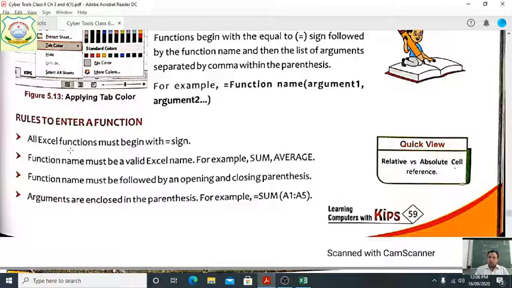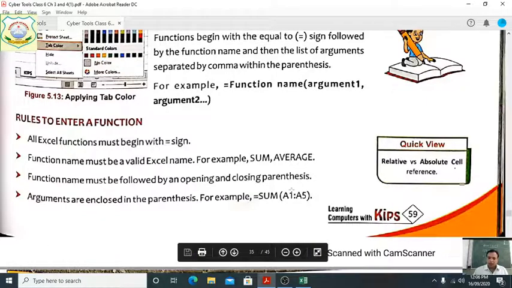The function name must be followed by opening and closing parentheses. Parentheses means the brackets. You can see, students, this is the bracket. So the bracket A1 colon A5, this is the parenthesis form. The argument is enclosed in the parentheses. This is an example of a function. A1 colon A5. Clear, students?